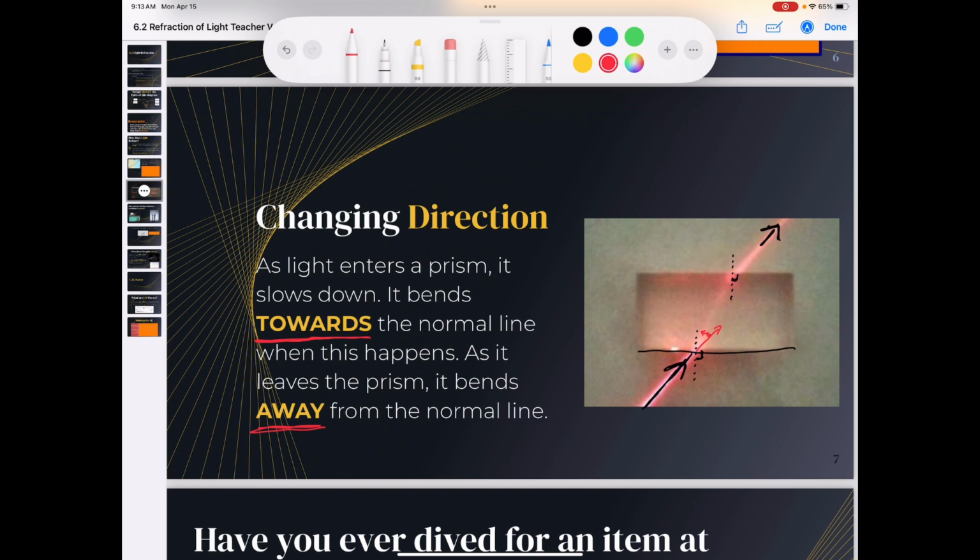So I'm going to make it go this direction. And so the new direction for my laser is this way. I have made it go closer to the normal line. Now, as it leaves the prism, I'm going to do the opposite, and we're going to bend it away from the normal line. And so instead of doing this path, which is what I would have expected, it's now going to go over here. And so that's a basic prism diagram,